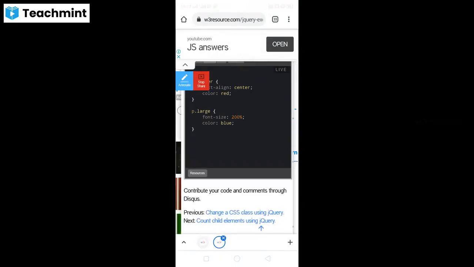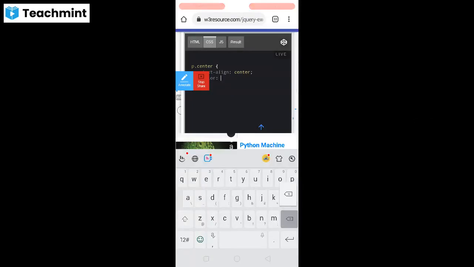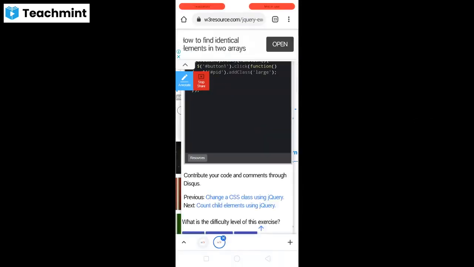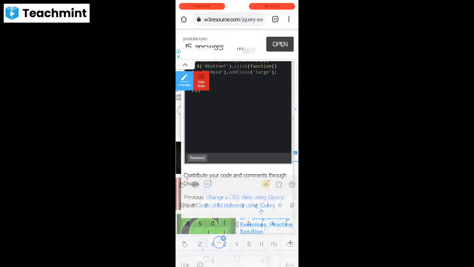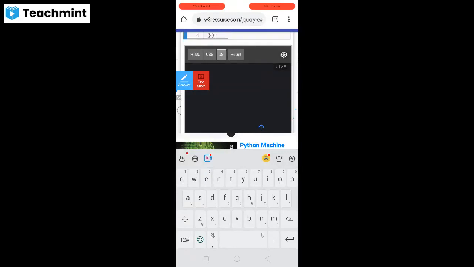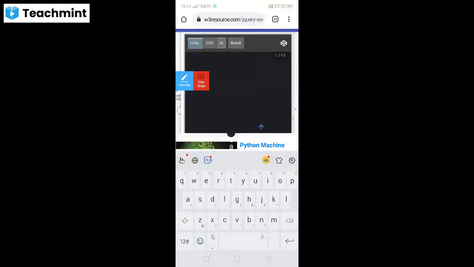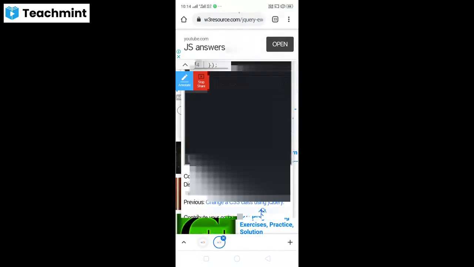Here we need to close all the CSS and JavaScript elements that are present in this program. So here we are going to paste this particular program.